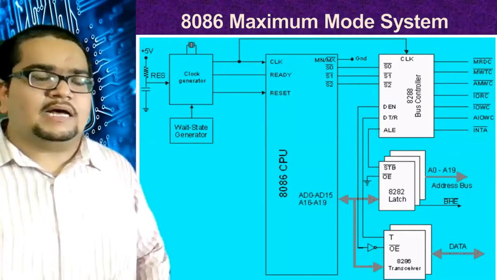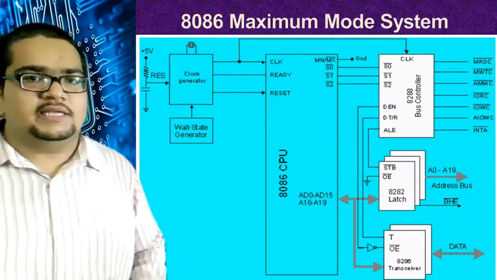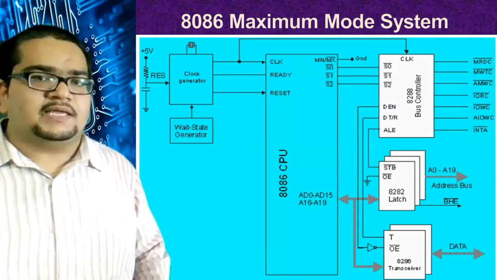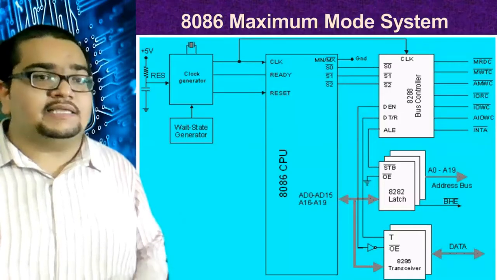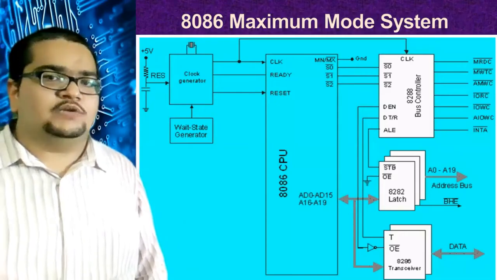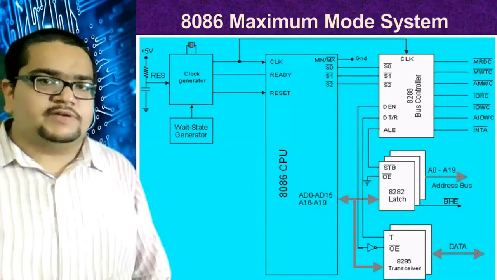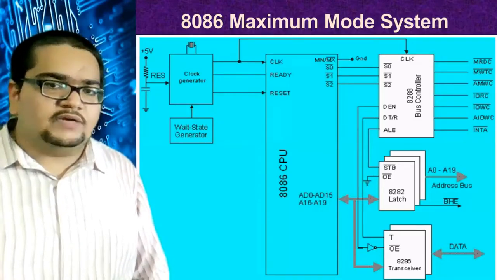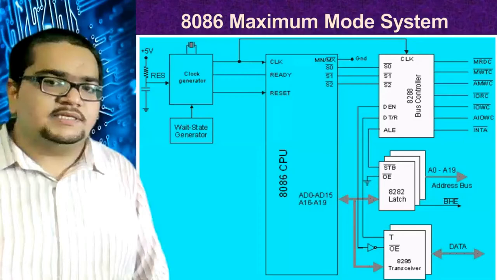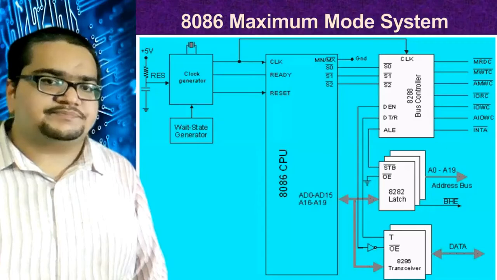Notice a small difference: earlier in minimum mode, DEN bar is available, active low, data enable. But here, these signals are not given by the processor; the bus controller is giving these signals ALE, DT/R bar and DEN, active high data enable. So from here, they are given to the latches and the buffers: ALE to the latch, DT/R bar and DEN to the buffer. DEN is given through an inverter circuit here, a NOT gate, because the output enable input of the buffer is active low, and here the DEN is active high. So to invert that, this inverter is here.